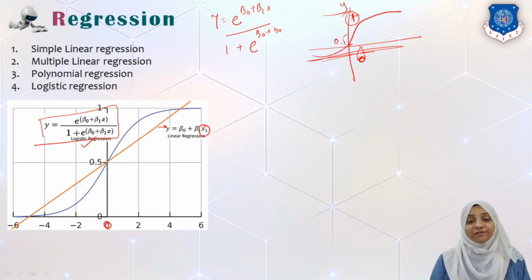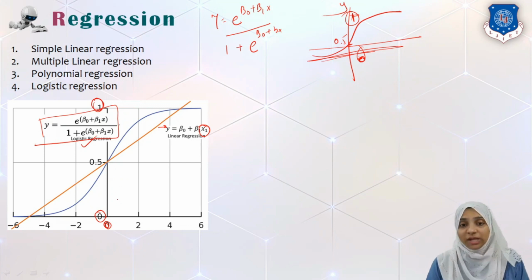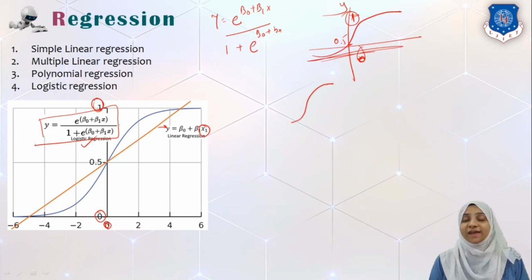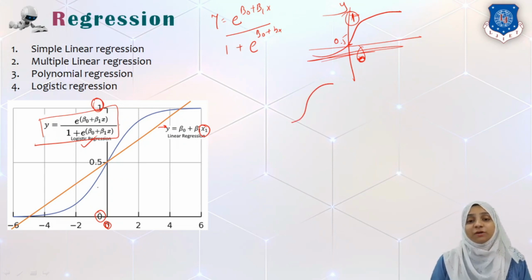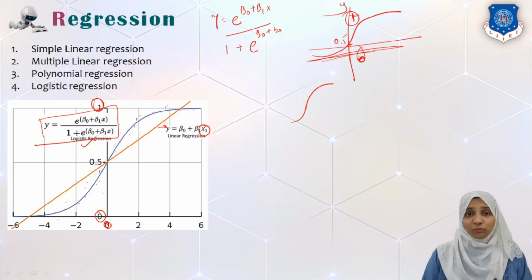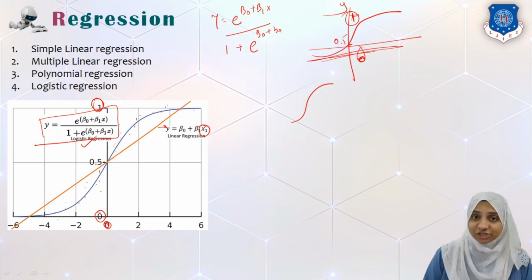And here, as you can see, the value of y can go at maximum up to 1, and at minimum it can go to 0. So the y value can only range from 0 to 1. This logistic regression function looks like this S-shaped curve, and data of this kind can be fitted very easily. So if a line has a negative kind of slope or produces negative output values, and we are not expecting any negative value in the output, then only we can go with a regression model.